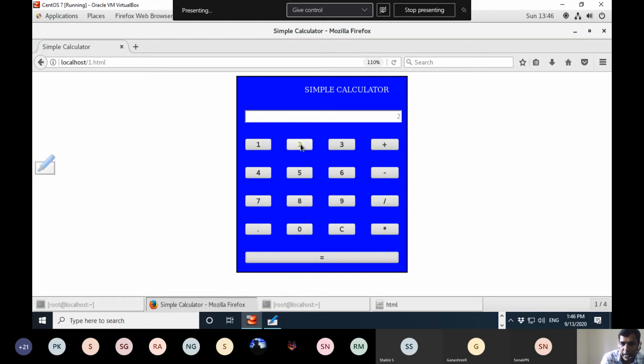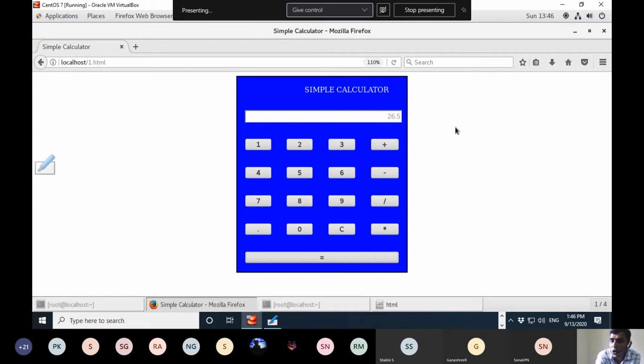That means sometimes I want to calculate 2.7 plus 3.8. So when you want to give decimal points, 22.7 plus 3.8 is given there, 26.5 is the result. So this is how the program works. I won't go into the logic of it and explain, but everything is correct and fine.